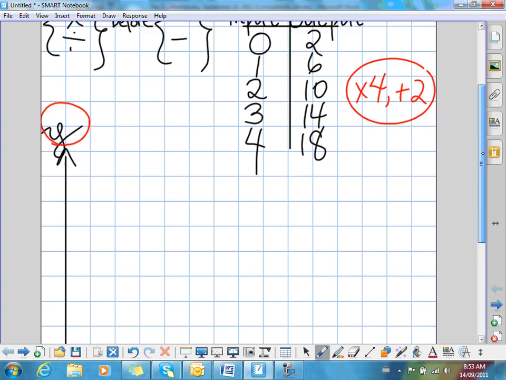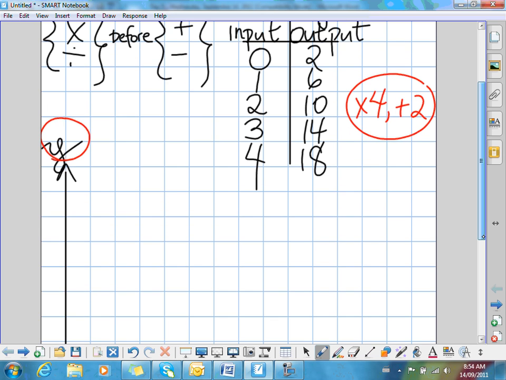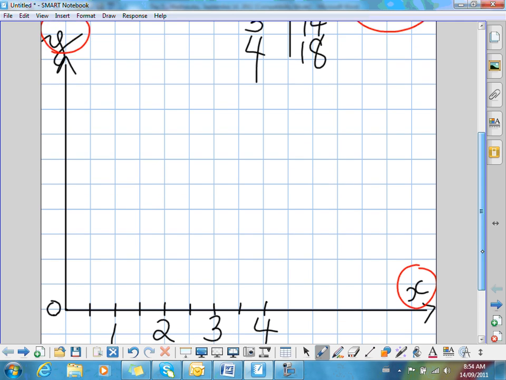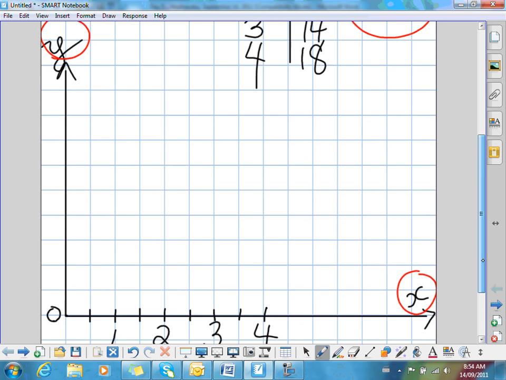The question is, look at the y-axis, or the output values. It ranges from 2 to 18. You could go up by ones, but it might take you a while, okay? So, what's a reasonable scale to use on the y-axis? Warren. Yeah, go up by 2. I think go up by 2. You could go up by 3, but since they're all even numbers, it's probably easier to go up by 2,